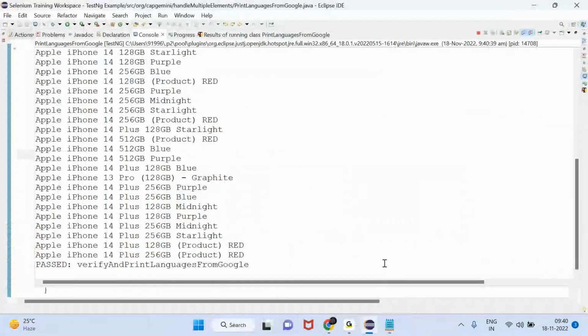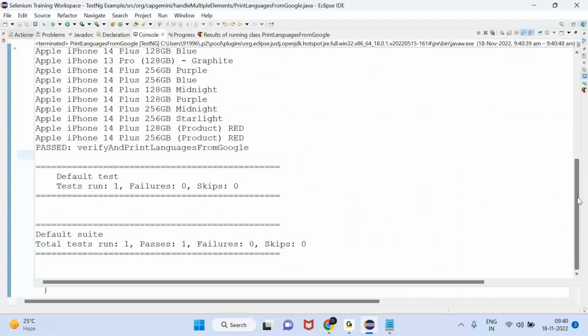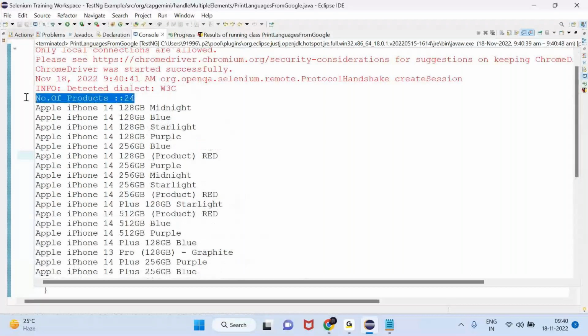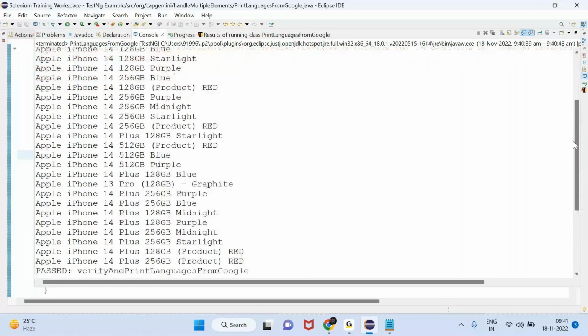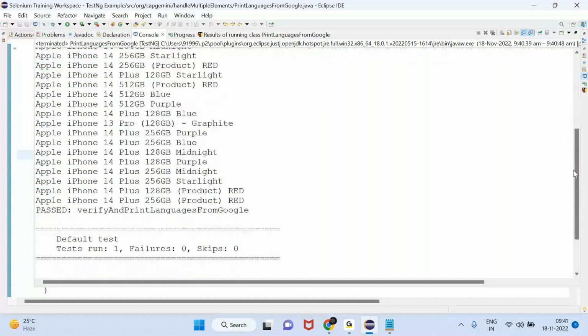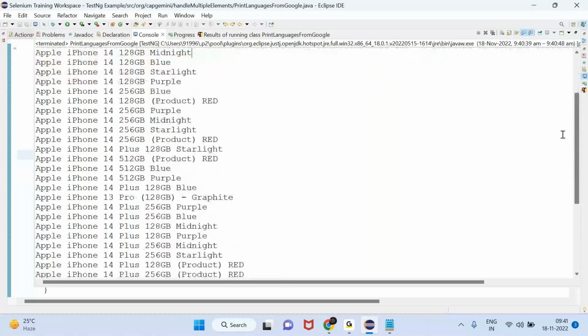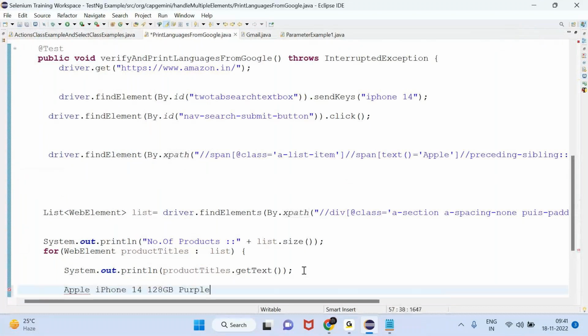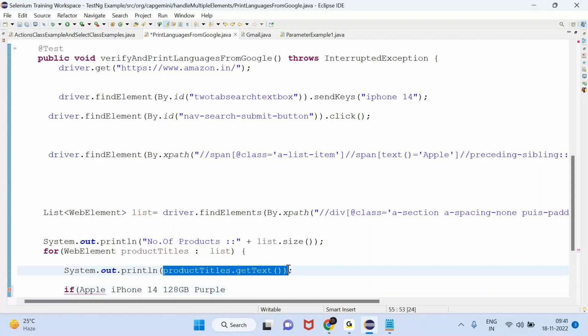See, it is printing all 24 products. How many products? Number of products we have is 24. These are the titles of the mobiles. Okay, like this you need to then. Okay, this is my desired mobile. I want to buy this mobile. I will do one thing. Okay, after identifying this item, if product titles dot get text dot equals,